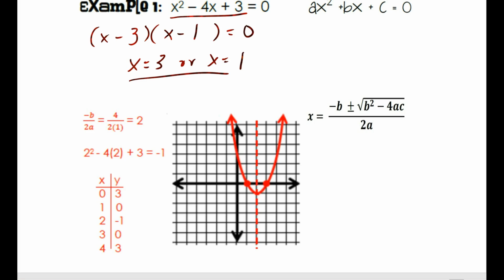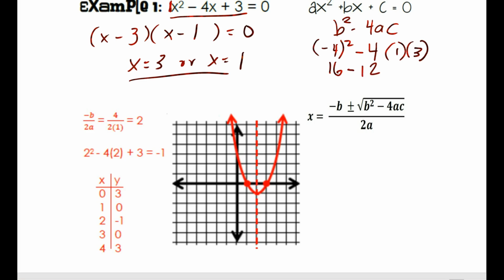So the discriminant is the part of the quadratic formula that has b squared minus 4ac. So if we write b squared minus 4ac, we can figure out how many solutions we're going to have. So b squared, so -4 squared minus 4 times, a is 1, 1 times c is 3. So -4 squared is 16. 16 minus 4 times 1, which is -4, times 3, which is -12. 16 minus 12 is going to give me what? 4. So this is positive,